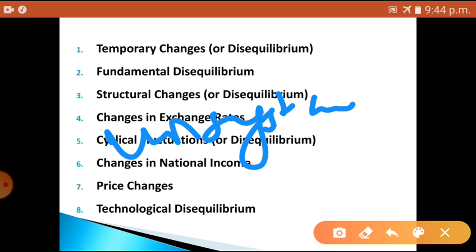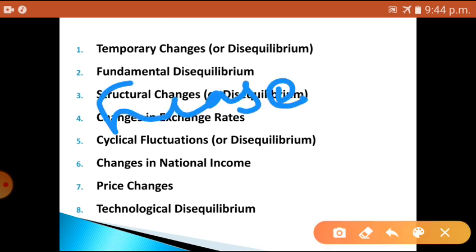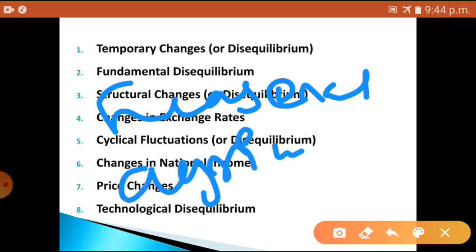Okay, it is caused through accidental or unsystematic variation in trade, or it may be from seasonal fluctuations, or it may be the effects of weather on agricultural production. It may also be caused by effects on agricultural products, etc. Deficits or surpluses arising from such temporary causes are expected to correct themselves within a short period of time. Okay, so this was temporary changes.